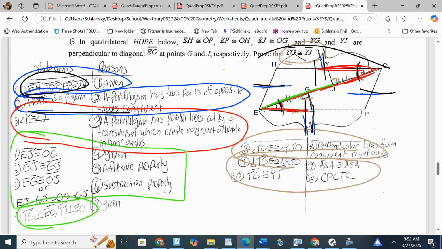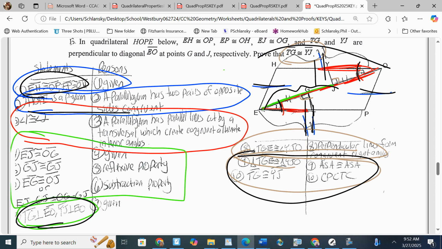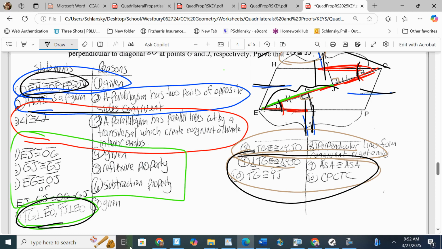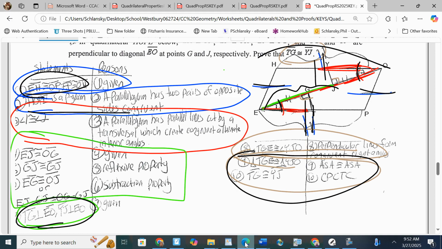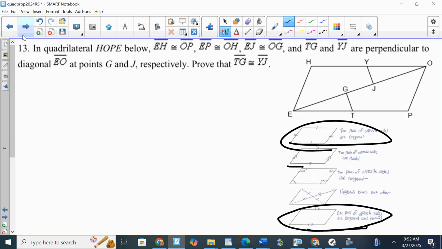In this case, we had to do subtraction because they gave us this, which was too much. So I had to subtract. I followed that process. I did a mini proof of my perpendicular. That was my 3 things. Once I had that, I state the triangles are congruent. What they want me to prove, CPCTC. And then there's one more big proof,